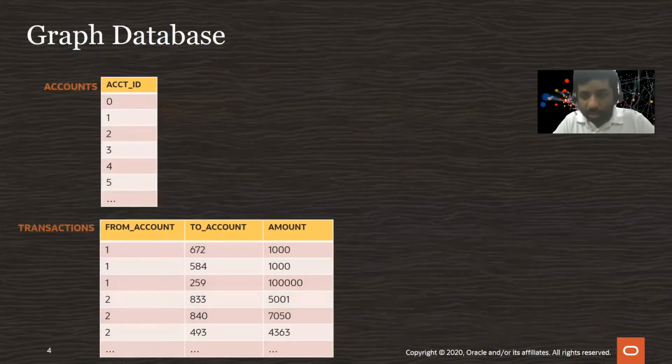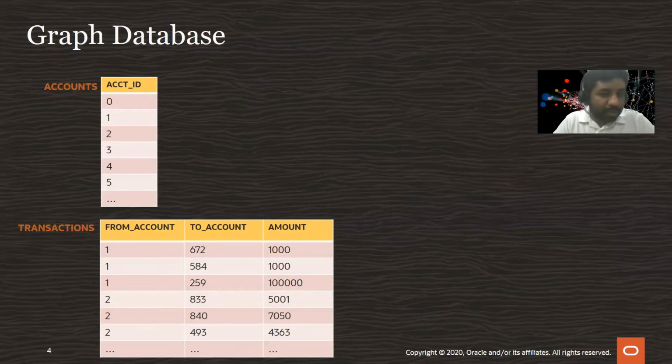We have an accounts table that comes with its account ID, and then we have the transactions table. The transactions table has the from account and the to account, so basically the source account and the target account, and then we have the amount transferred between the two different accounts. So we have two tables, and then let's see how an Oracle